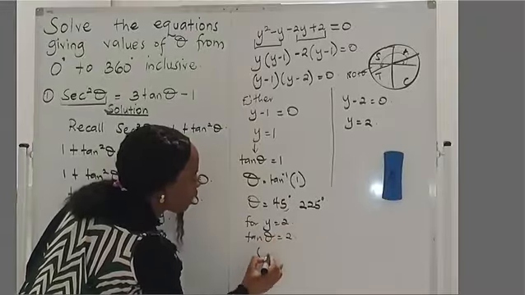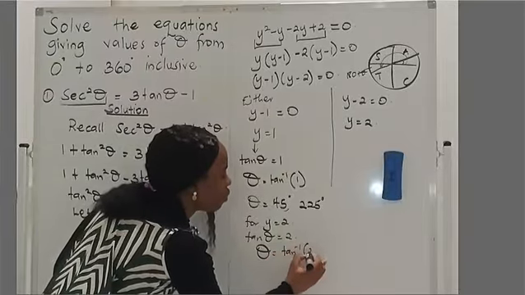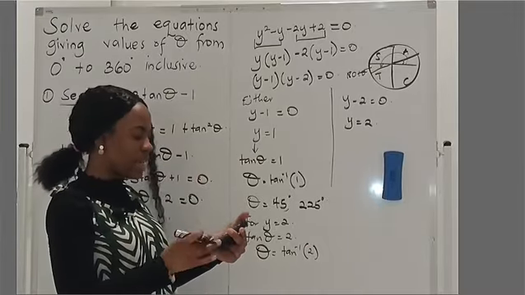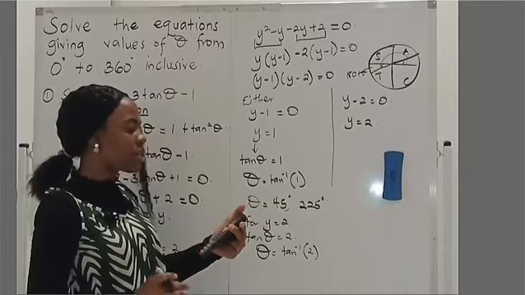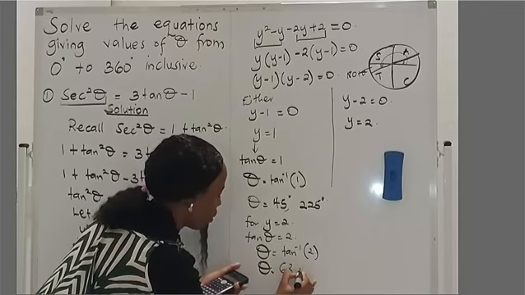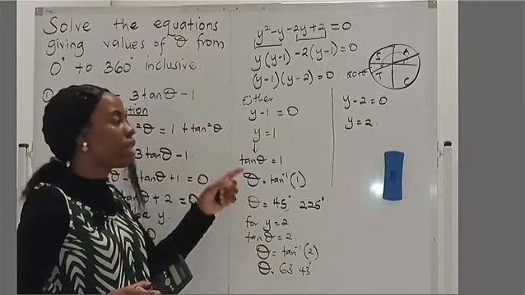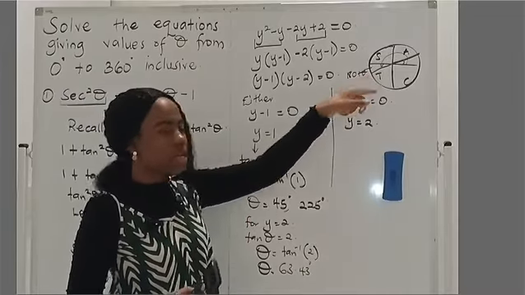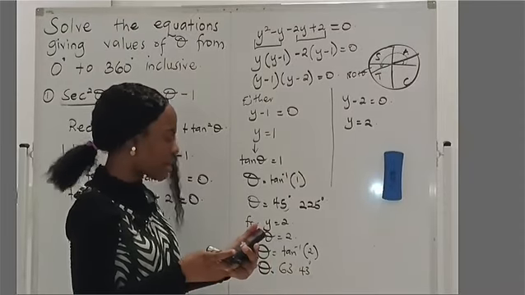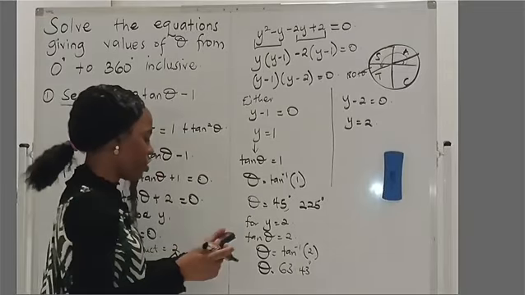Now for y equaling to 2, it is tan theta that is equal to 2. So what is your theta? Your theta is going to be tan inverse of 2. Now tan inverse of 2, you do the same, press shift, tan inverse, put 2 inside the brackets, you will get your theta is equal to 63.43 degrees. Now we ask ourselves, where else is tan positive? It is in the third quadrant, so we expect to get 180 plus 63.43, which is